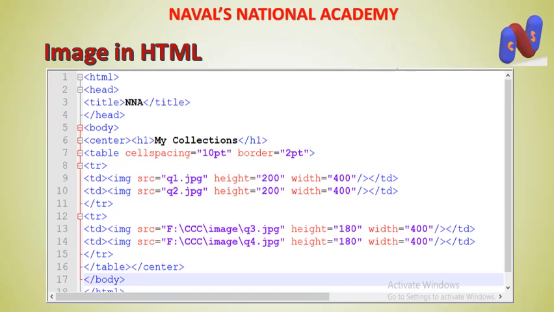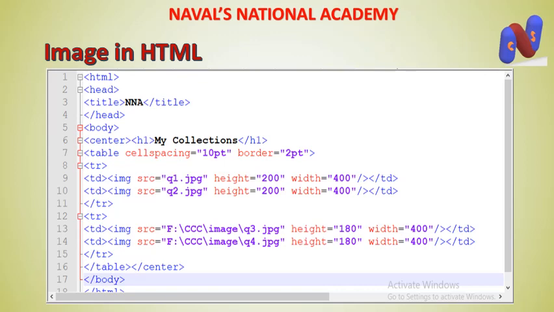So you can see in the second row, in the very first cell and in the last cell, I have used the full path of the picture I want to insert on our web page. Then I have closed both TDs, then the TR, I have closed the table, the center tag, then the body tag, and then html also. So this is the code which illustrates how we can insert a table along with images.